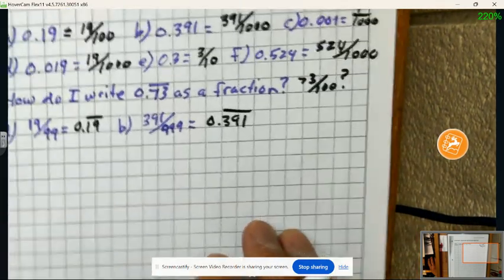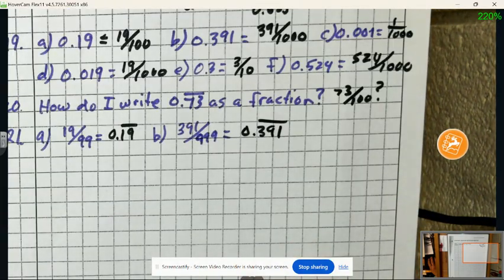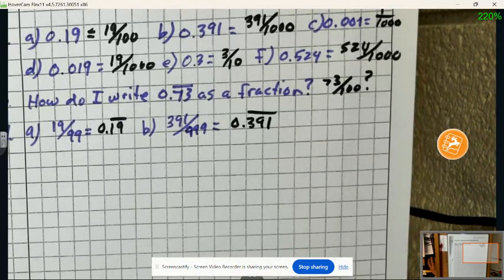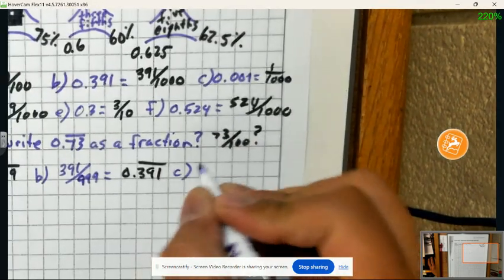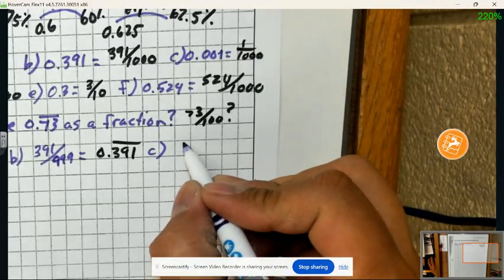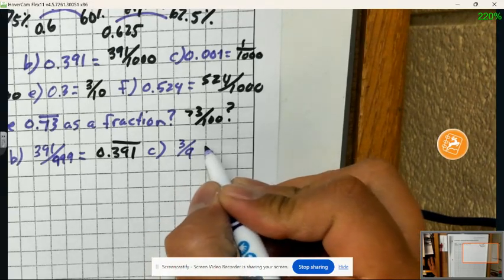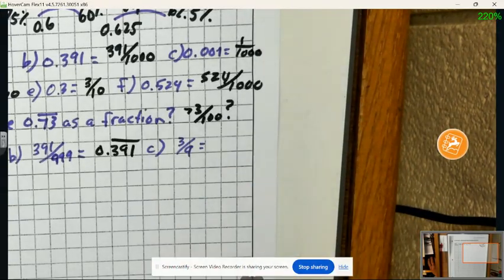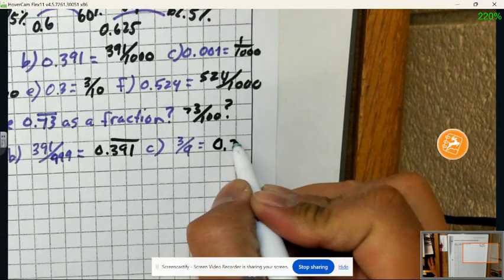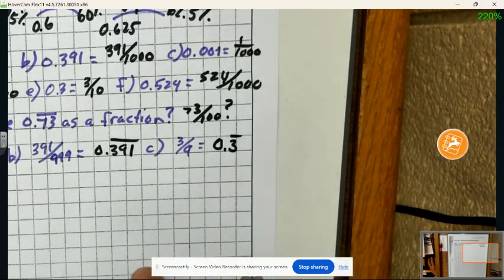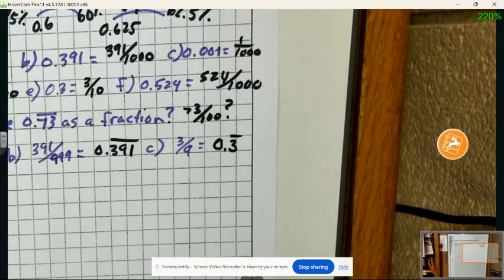0.391. So let's pause it and see if anybody notices a pattern here, if you wish. All right, and then the third one, we have problem C. This is 3/9. What do you think it would be? So if you notice a pattern at this point, you might have said 0.3 repeating. Okay, now if we notice a pattern, this could be something that we can talk about, but let's move on